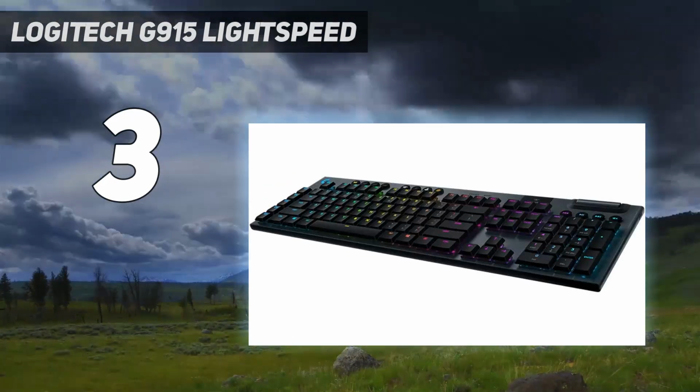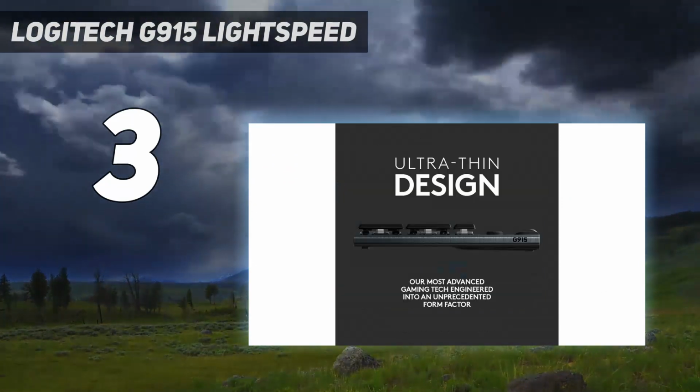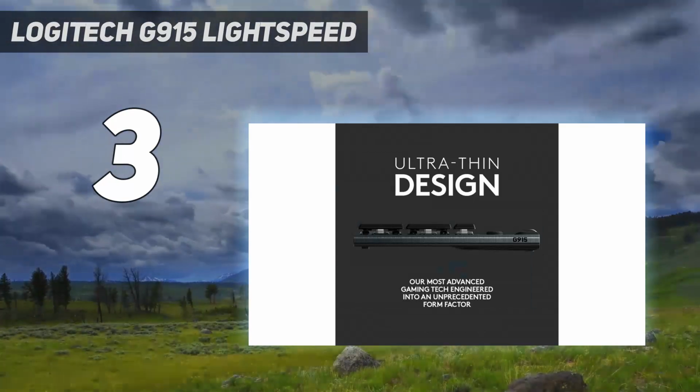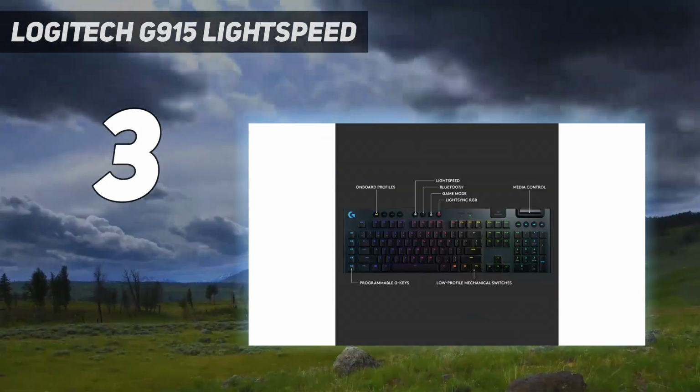You're getting bags of extra features for your cash here: 5 dedicated macro keys, a suite of media controls, an aluminium top casing, and the ability to pair to 2 devices at the same time. That means this isn't exactly a cheap gaming keyboard, but thanks to its age, we are seeing that